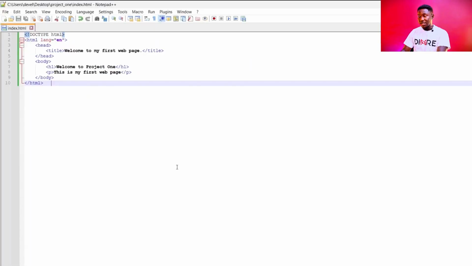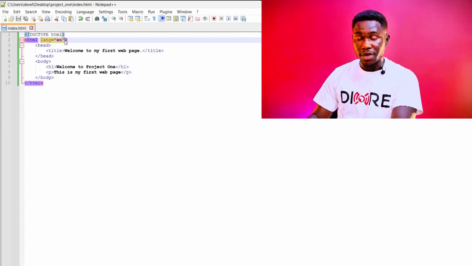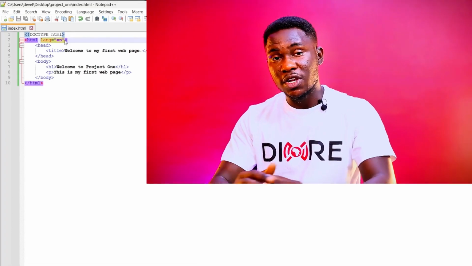So these are some of the best practices you're supposed to take note of or observe whenever you're writing HTML code. Always remember to specify your doctype at the beginning, and then also provide the language attribute at the root tag of your HTML. There are other things we'll be talking about in future videos,